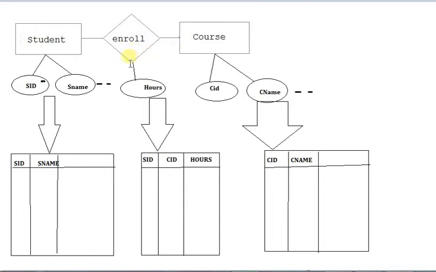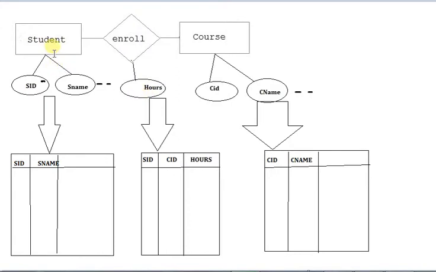Then multiple student IDs will be related to the same course ID. In that case, the student ID can be treated as the key for this relationship.